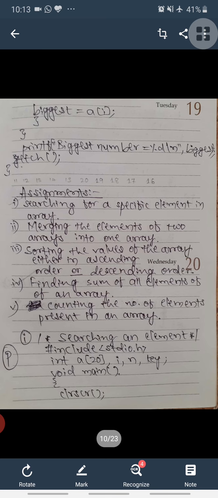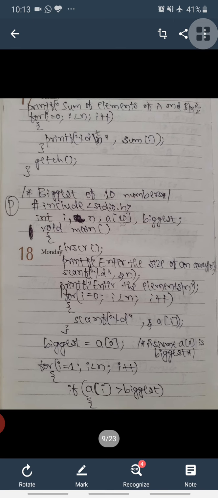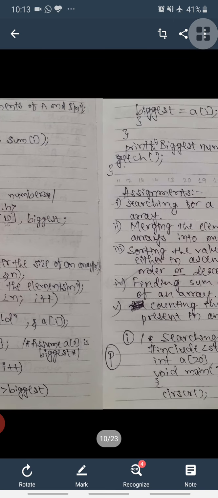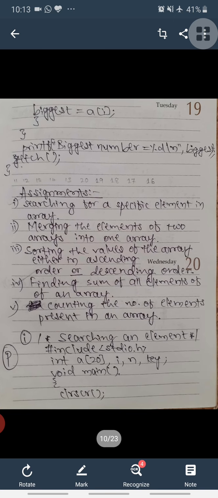So the comparison and assignment of value to the biggest variable will keep on executing till this i value becomes 10. Once i becomes 10, 10 < 10 is false, the condition in that for loop fails, and the control comes out of the for loop,